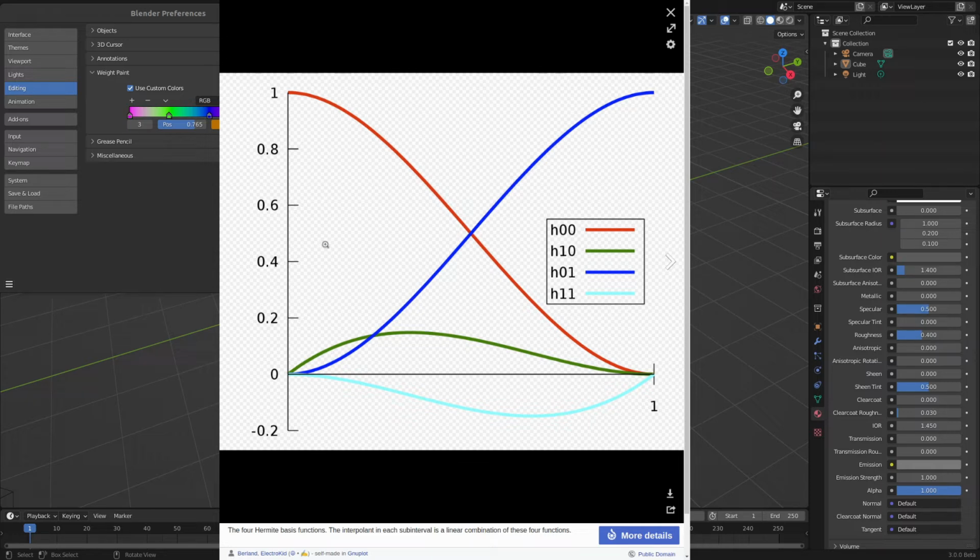So, for instance, this red line here, it says h00, meaning the first derivative is 0, the ending derivative is 0, and you can see here that indeed the derivative at 0 is going to be 0 because it's the top of the hump, so it's going to be flat, and here at 1 it's going to be flat as well. h10, the green, it starts off 1, meaning, well, I'm not 100% on what this is trying to do here, but